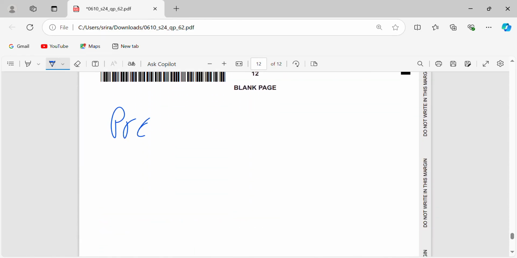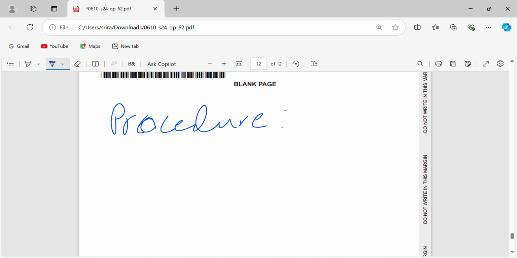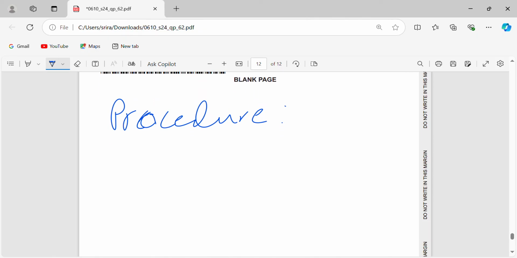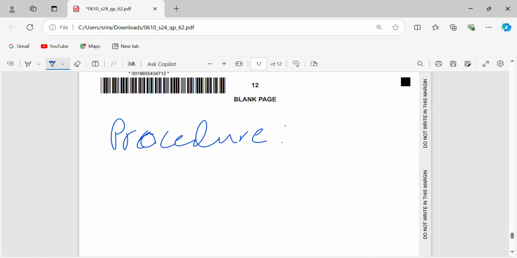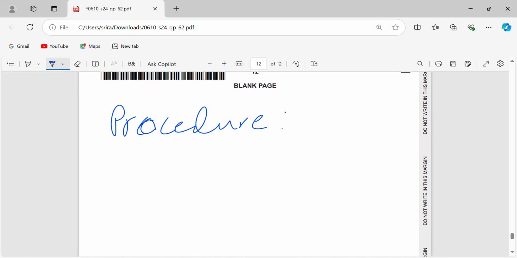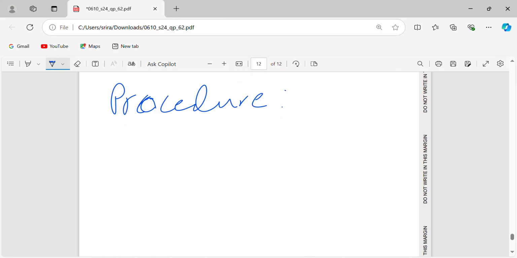Procedure. So the procedure, we are changing the light intensity, but how? We need to mention how. So let's use different lamp distances or different bulbs. I think I'm just going to say use different light bulbs to alter the light intensity. And then you have to say a method of how we're going to measure the angle. So let's say use a protractor. So something like that. So first,